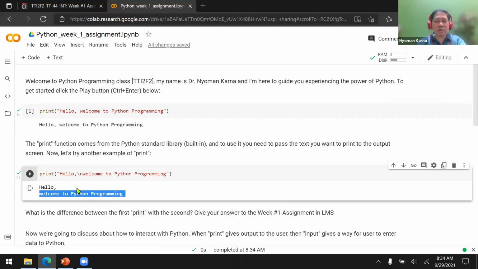So what is the difference between the code itself? In the second code, we insert \n here, which creates a new line. So after Python prints hello, comma, it inserts a new line, and the next text, welcome to Python programming, is printed on the second line.